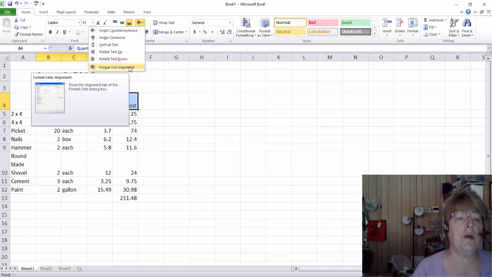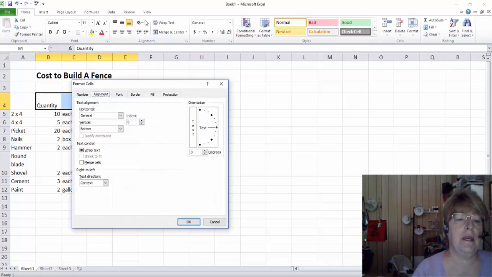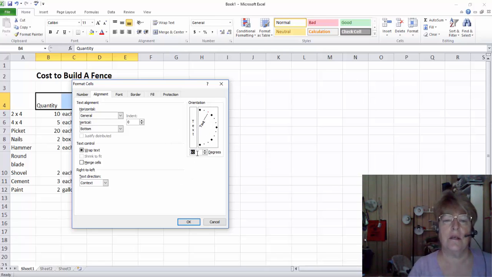But if I go here to the alignment, one of the things I can do is control how much the angle of alignment is. And in your assignment, it tells you to align it to 60 degrees, which is right here. I could type in 60, or I can drag this little handle wherever I want it. So, and I'm dragging it here. It's very difficult when you try to get an exact